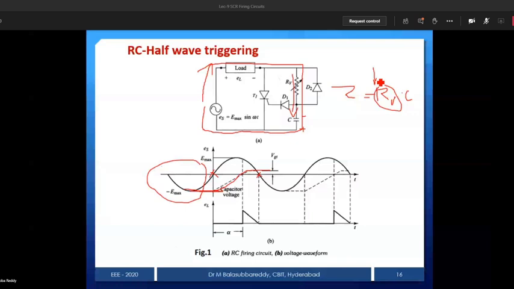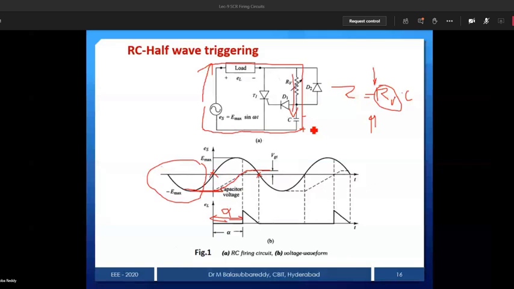If RV value is large, then what will happen? The time constant is more, and to get VGT we require more time. That time we call alpha. So based on your RV, every negative half cycle it will charge to minus V maximum, and then you decide the RV value so that it will charge from minus V maximum to plus and reach VGT. How much time it takes is decided by RV. So you tune RV in such a way that you can control at what instant you trigger the device.